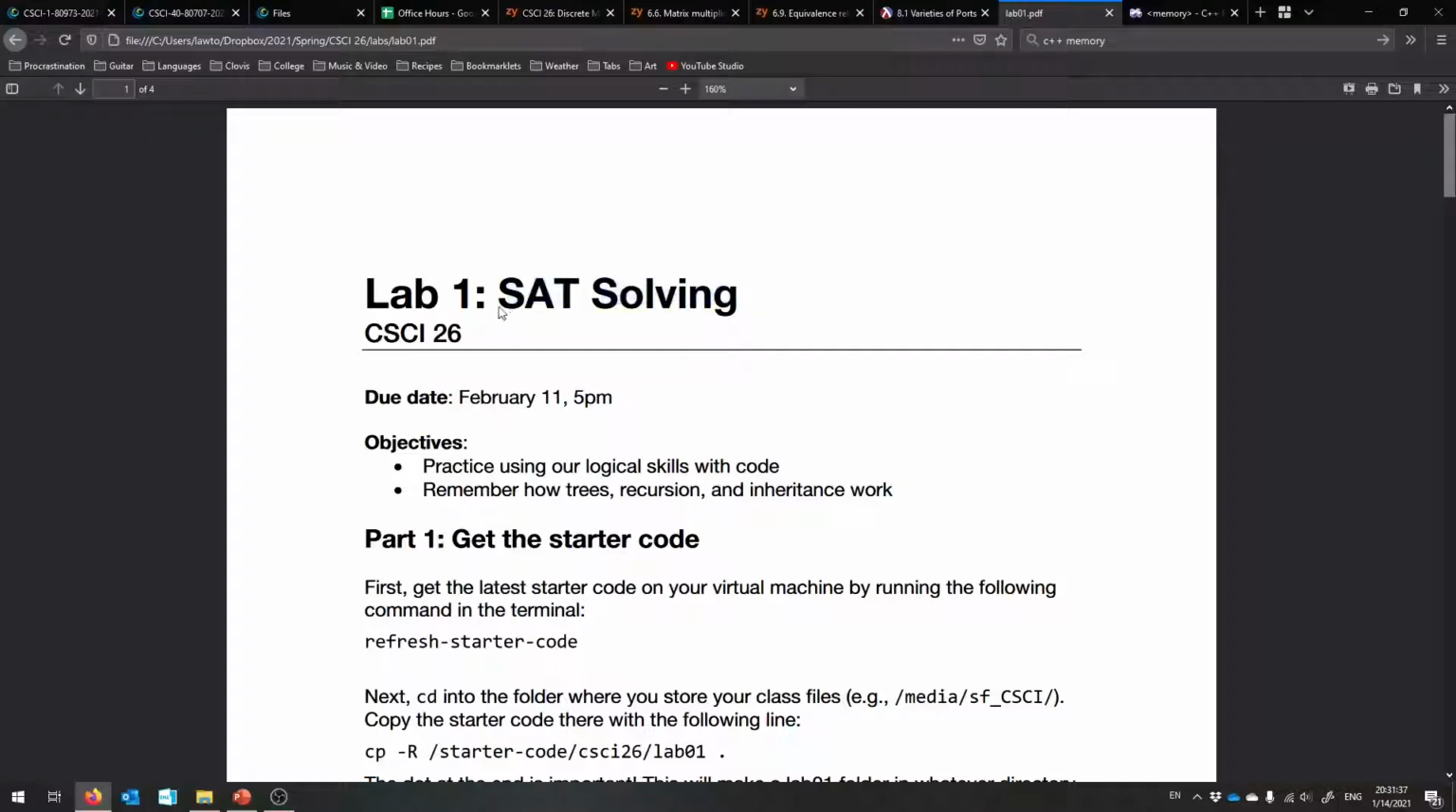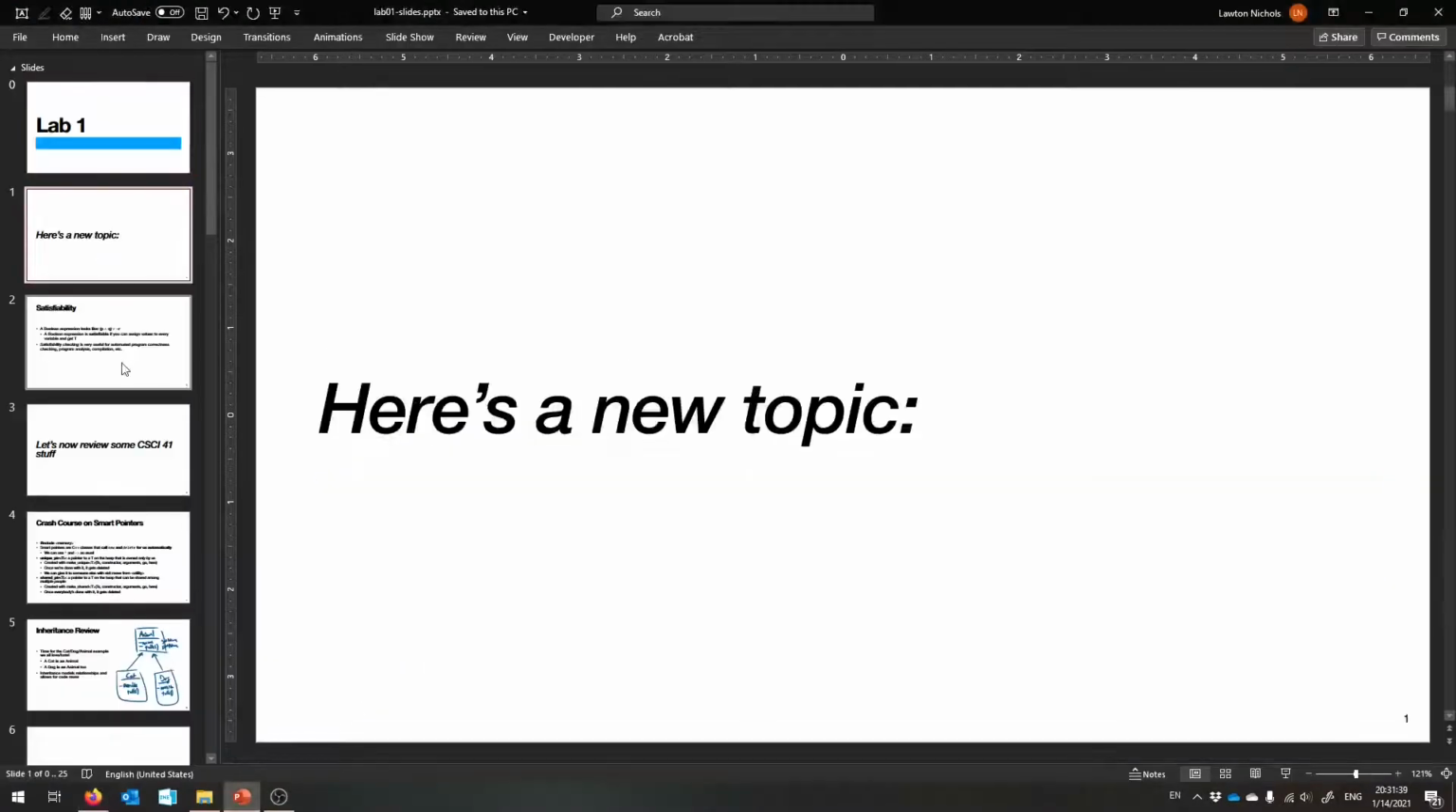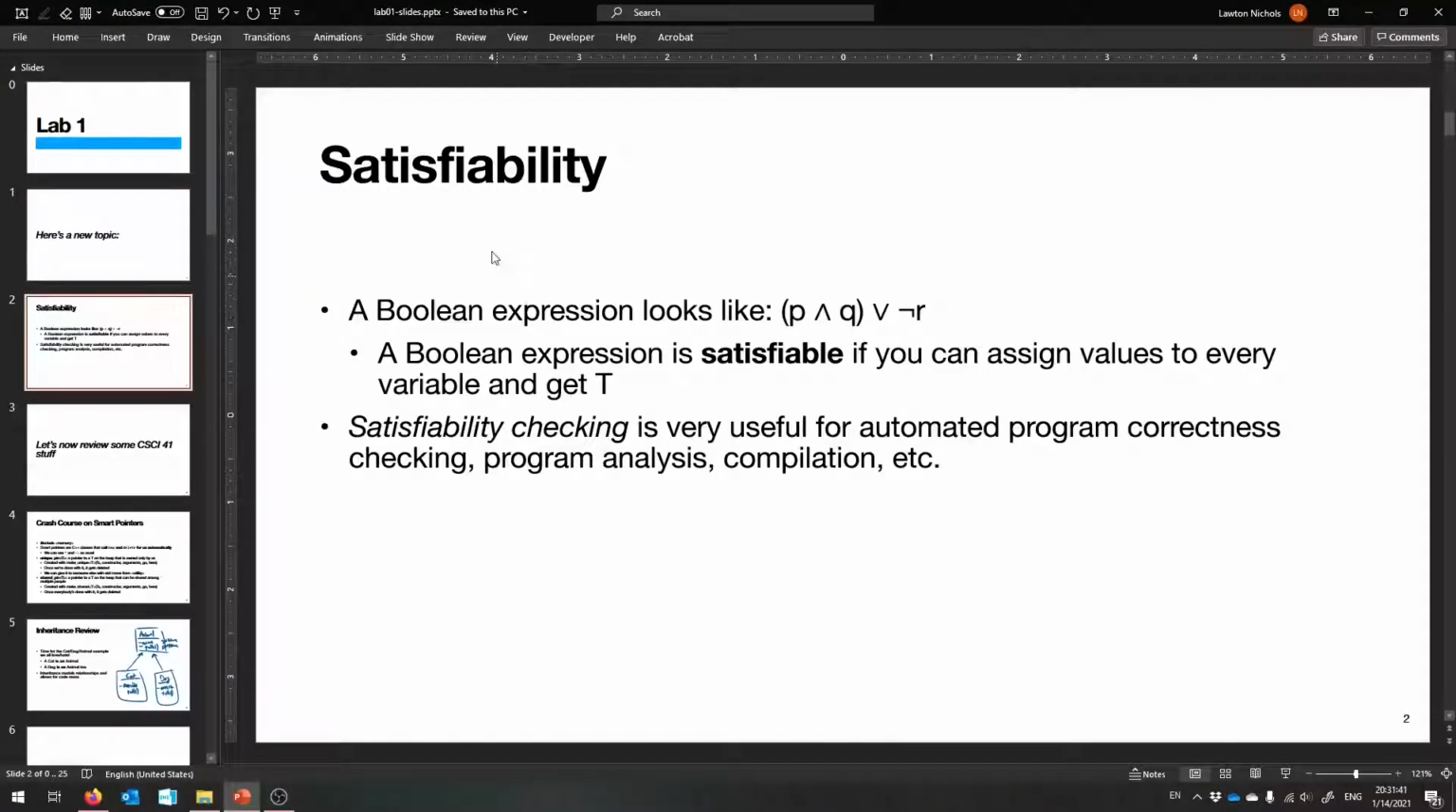It's about SAT solving, and SAT is a new topic. It stands for satisfiability solving. Okay, so what does it mean for something to be satisfiable? We've been talking about these Boolean expressions, these propositions, and you can write as many as you want. There's an infinite number, but they always have some variables and some logical operations. So